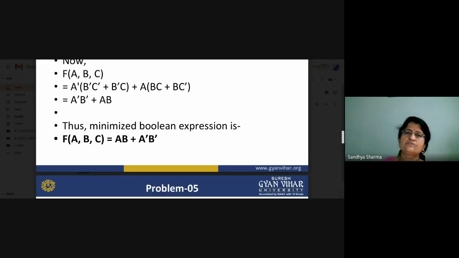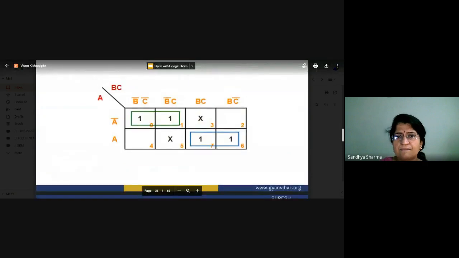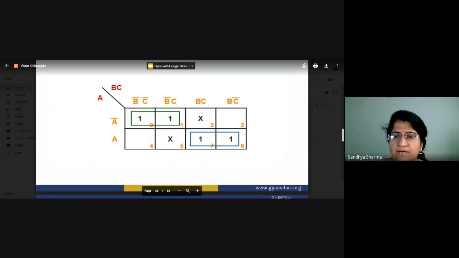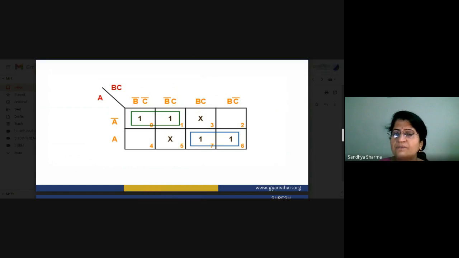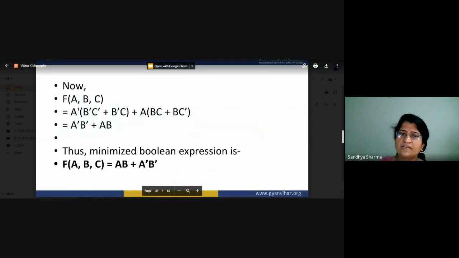There is nothing else to make, because there are no independent variables you can take here. If there is a 1 and here is an x, then you can take it. But these are not independent variables, so you can't take this part. Here is a 1, here is an x, so you can make a pair in this part. So you have to remember: with only don't care conditions and no values given, you can't make a pair. For making a pair, there should be one independent variable. So we can write the equation in this way.